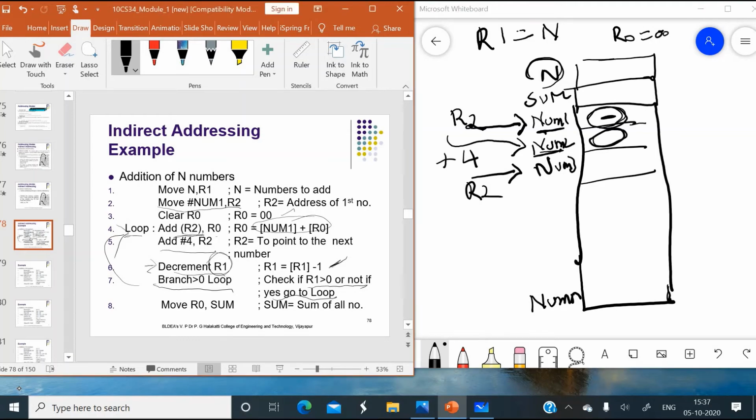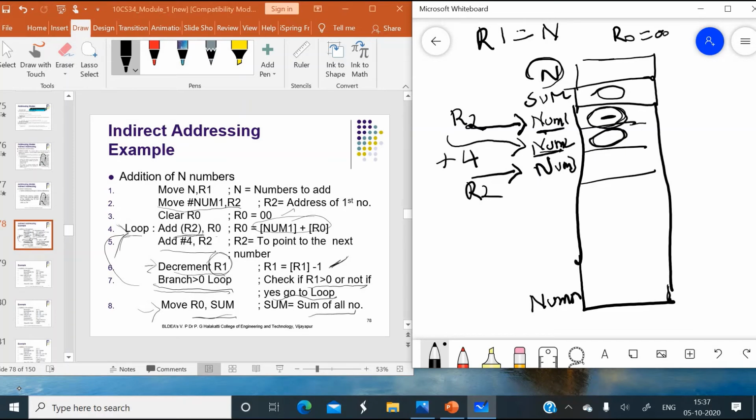So the count will be decremented by 1, and this goes on as long as the value of R1 is greater than 0. Once it becomes 0, it will not go to the label loop, it will come to the next instruction. In the next instruction, I have written move the content of R0 to a memory location called sum. So sum will be equal to the sum of all the numbers, which will be stored in this location.